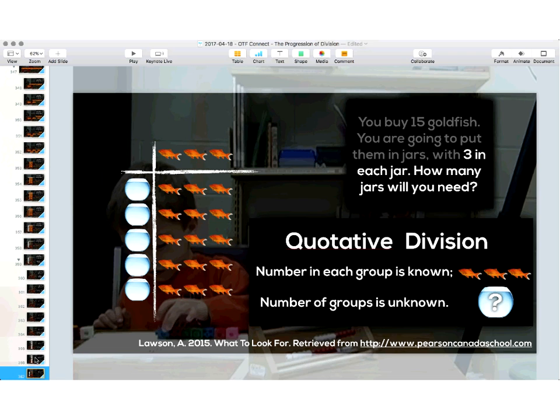What I want you to do is take a moment in the chat box, and look at this scenario here with our 15 goldfish. I want to maintain that 15 goldfish, and I want you to reword the remaining part. So I buy 15 goldfish. How could I reword the rest of the problem to give us the other type of division, which we are going to be calling partitive in just a moment? So I'll give you a moment there to try that out again. We have 15 goldfish. What is the other way that I could word this problem in order to give us our second type of division?